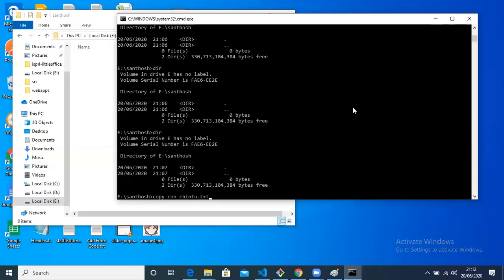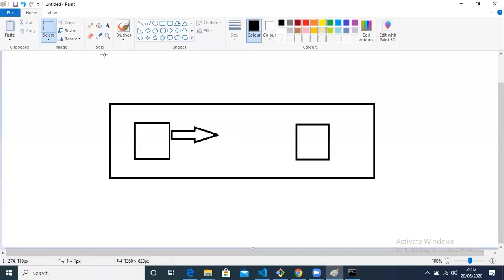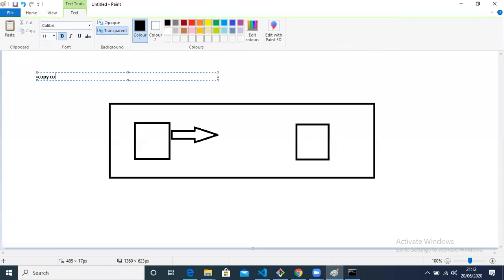That is the syntax. I'm putting the syntax here clearly: copy space con space file name dot extension name. This is the syntax for usage of copycon.